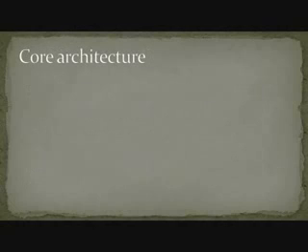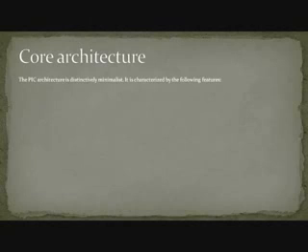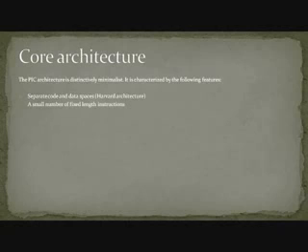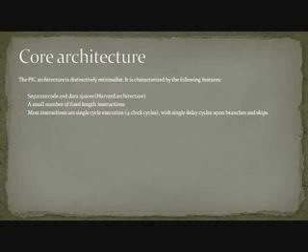Core architecture. The PIC architecture is distinctively minimalist. It is characterized by the following features: separate code and data spaces, a small number of fixed length instructions, most instructions are single cycle execution with single delay cycle upon branches and skips,